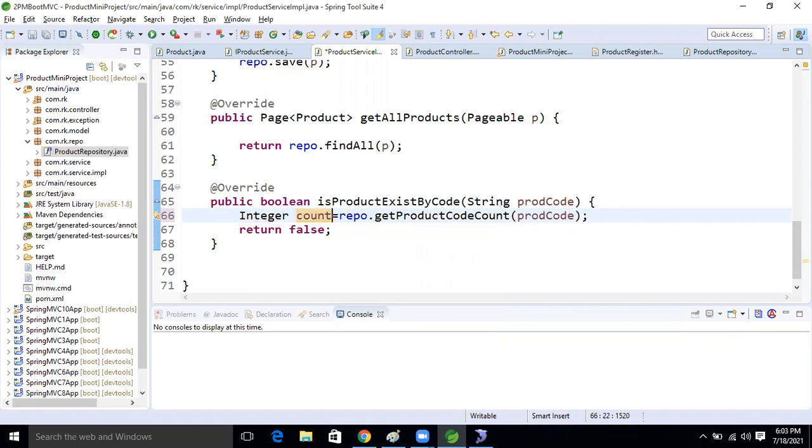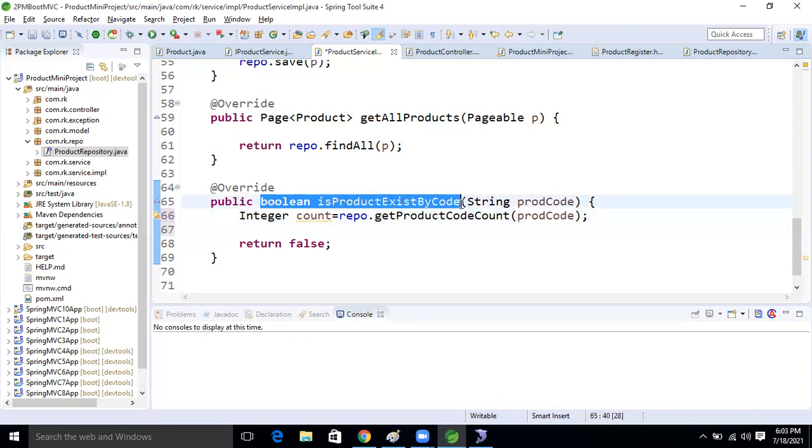After that, see this, guys, I'm going to write one logic here, because I need to convert this, since I'm taking the return type as boolean, right? So we need to convert this integer into boolean format. So first I'm taking count.